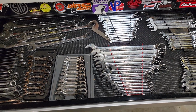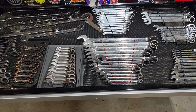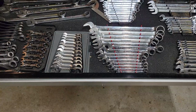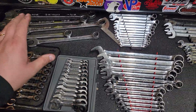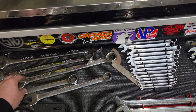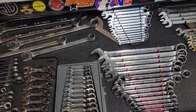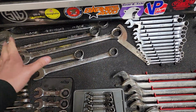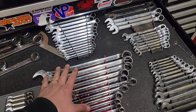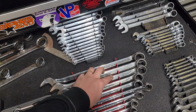All right, continuing on with my toolbox tour. Here we've got my combination wrenches. Again, different brands. You'll see New Holland tools I bought from a tractor dealership. I believe they're made by Blue Point, which is Snap-on's kind of economy brand. They've been great tools. Pretty much, once I get above the common sizes, 1/8", 1/16", right in there, I don't